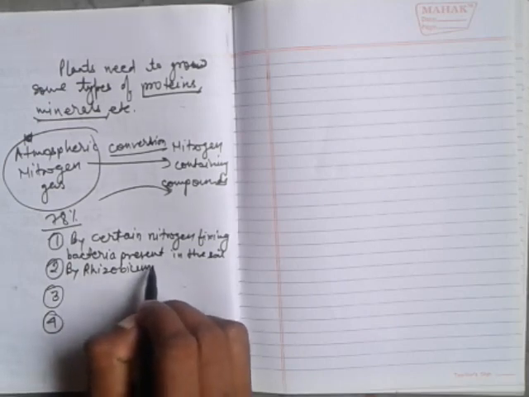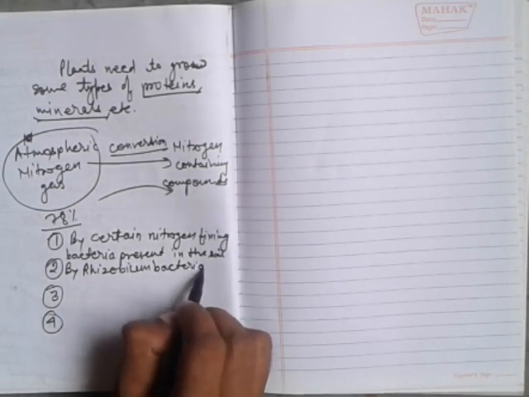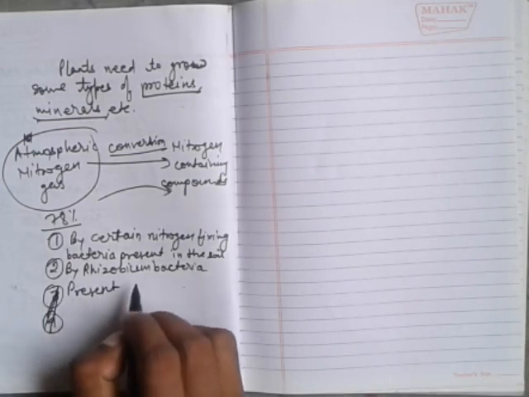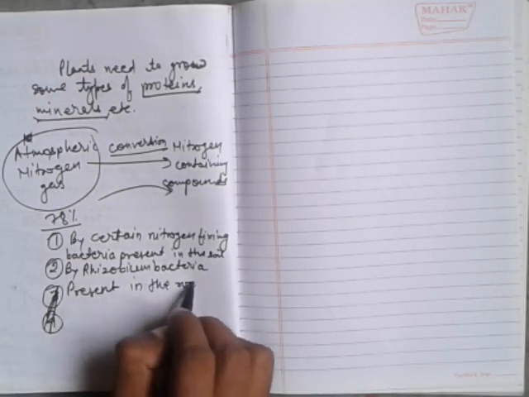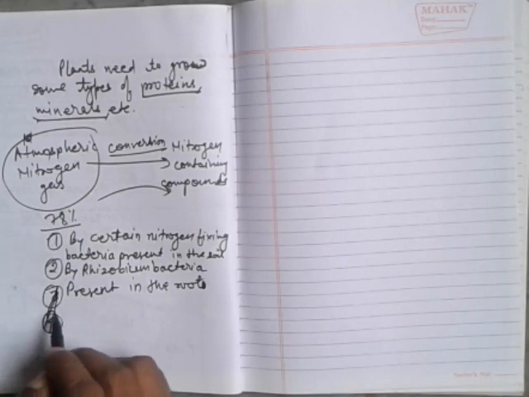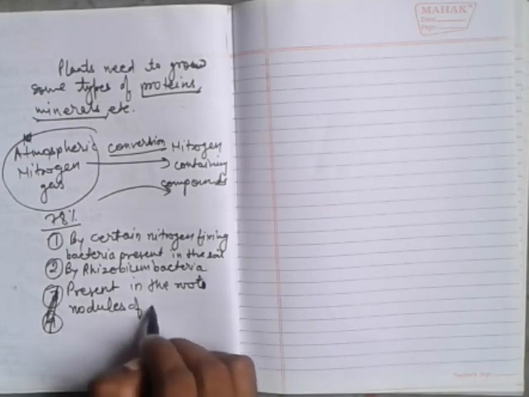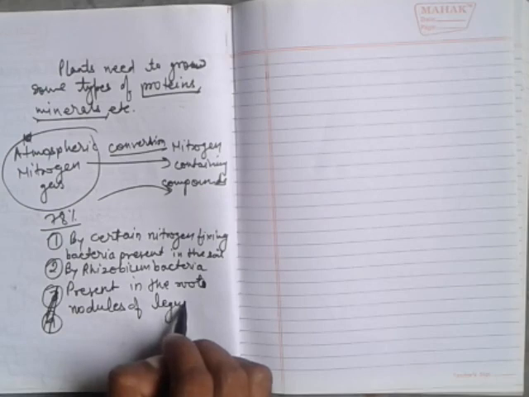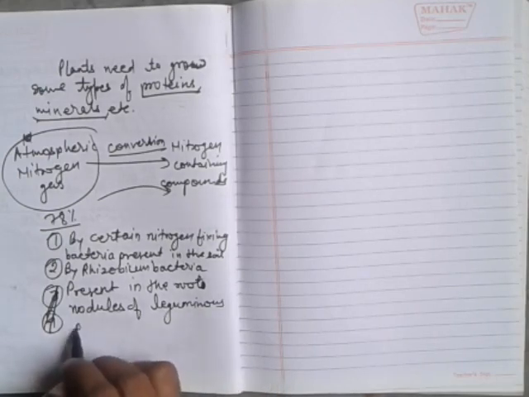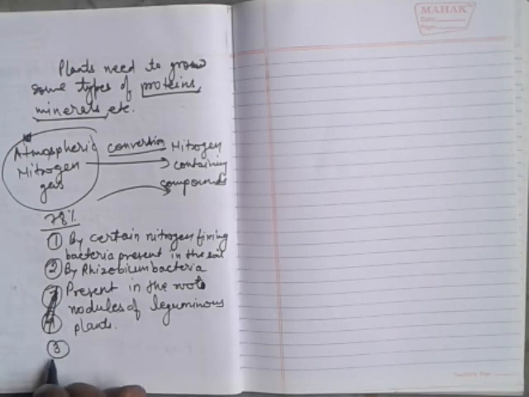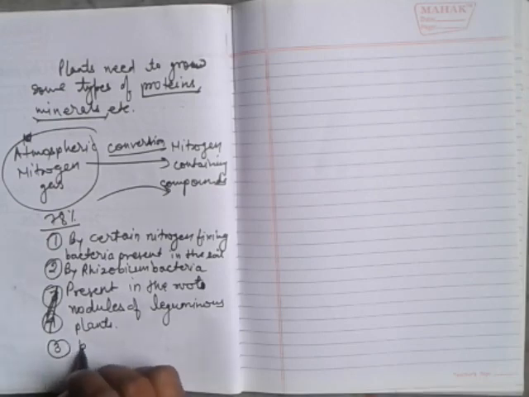Rhizobium bacteria are present in the root nodules of leguminous plants, and another way is that it can also be done by some blue-green algae,